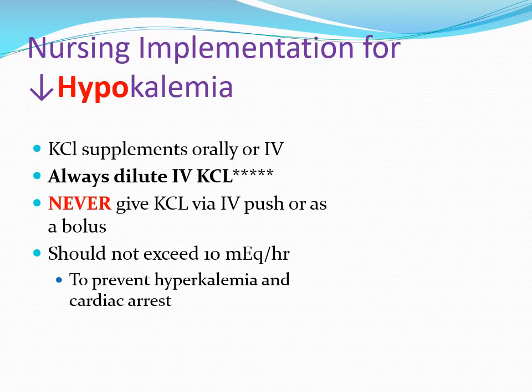Nursing implementations. So we're going to give potassium supplements orally or IV. Always dilute IV potassium. Always give IV potassium slowly, and always think, I do not want to bolus potassium. This can cause dangerous cardiac arrhythmias that can kill somebody. Maximum concentration we usually give is 40 milliequivalents. We can see up to 80, but usually we do 40 and then check their potassium levels to see how